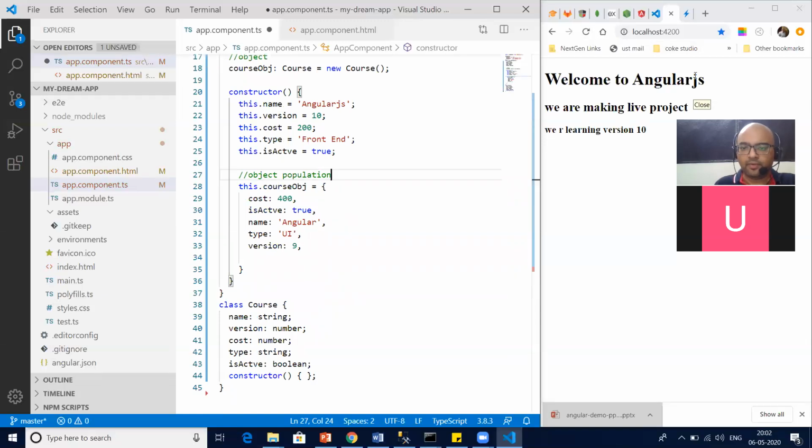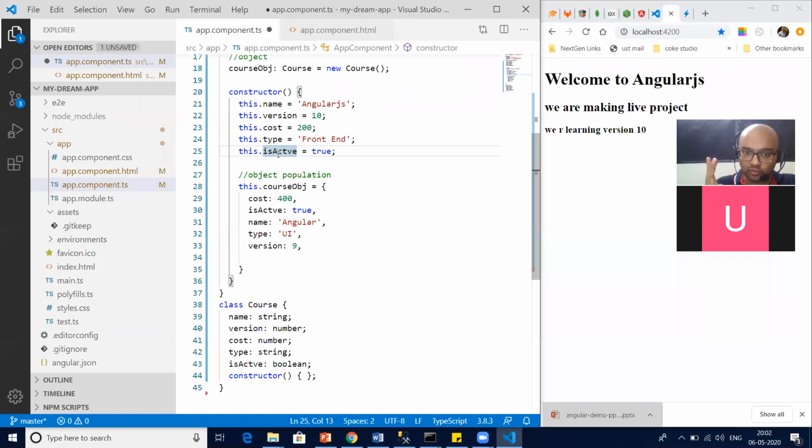Great. So Pinky has a question, why are we using course? Because as I said, if I have this name, version, cost, type, is active as loose properties, correct? First of all, my question to you, name is the name of course.